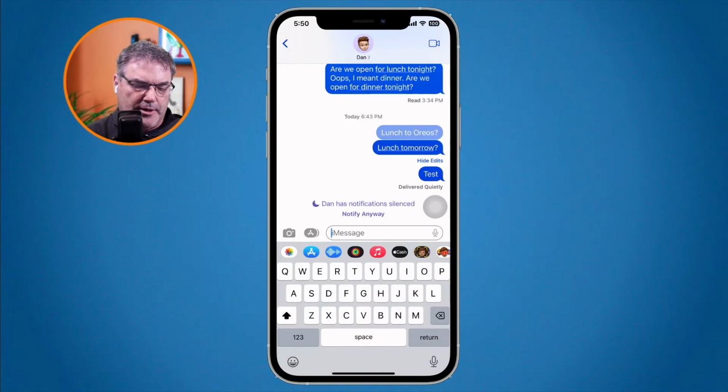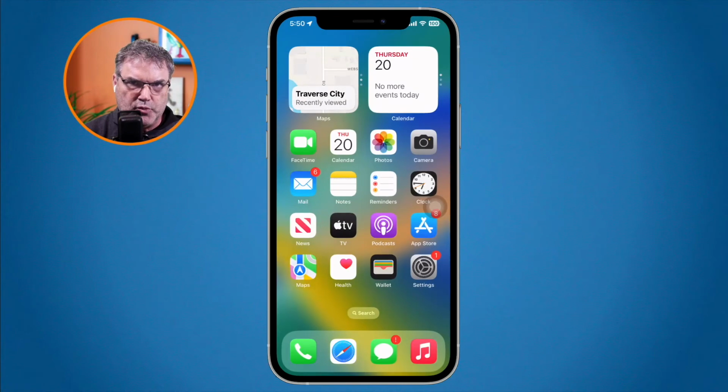That message is sent. But if you send it to someone who has iOS 16 and delete it, what they're going to see is that you sent a message and you deleted it. They're not going to know what it is. To set the time for that, I think 10 seconds is the default. We go to our settings here,